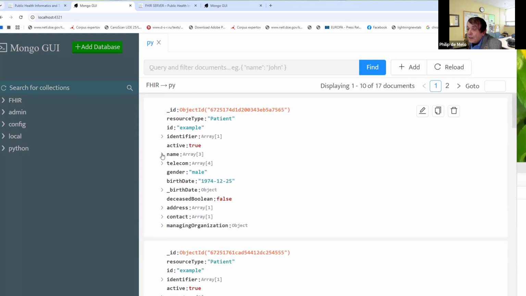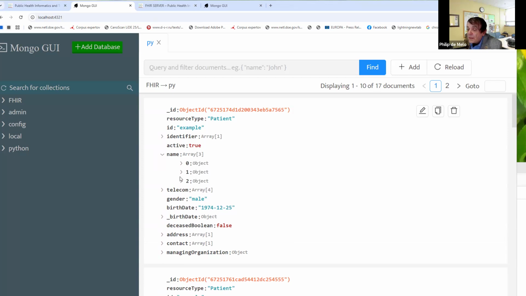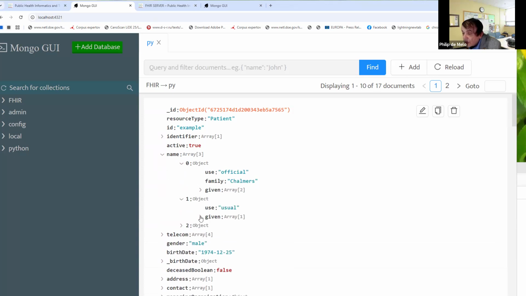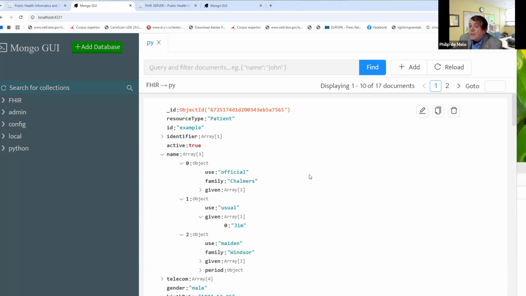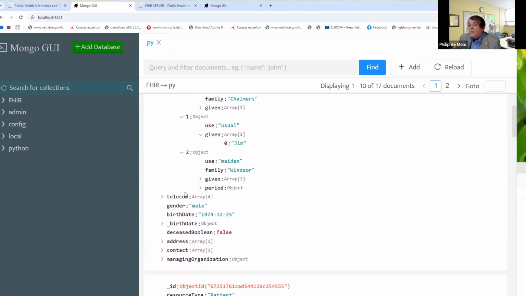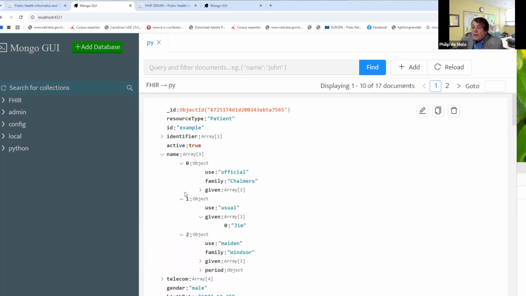Let's say name. We have three names. One is Chalmers. We have a given name, Jim, and we have here family Windsor. So we have three names that we received from electronic health records. We have received something more and so forth. But this is an example of how the FHIR API